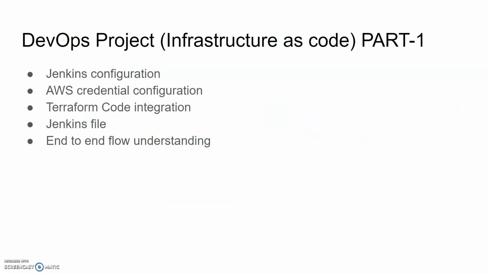In the first session we understood how to configure Jenkins with respect to our Jenkinsfile and the GitHub repositories. Second, we configured some AWS credentials. Then we did the Jenkins code integration. Again, we created the Jenkinsfile which picks from the repository, and in the final flow we created the EC2 instance in the cloud.